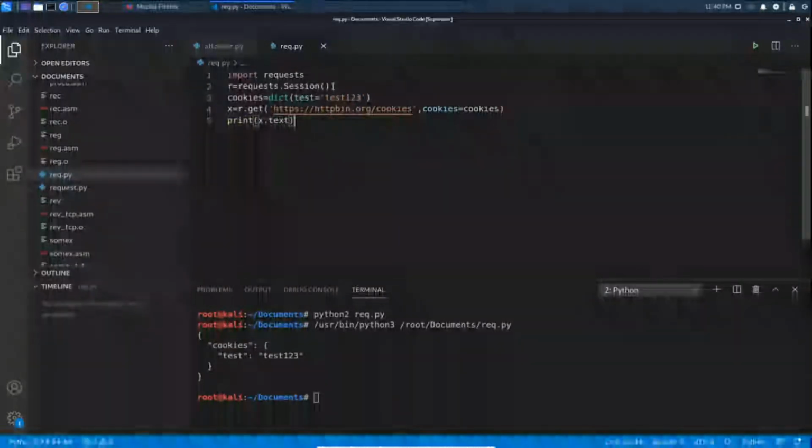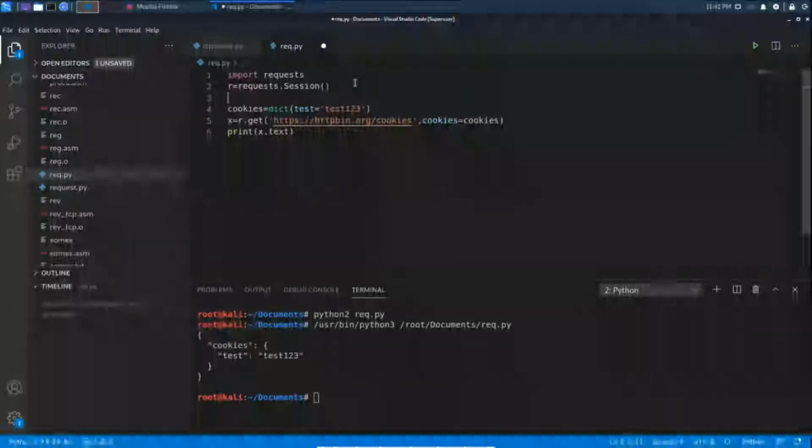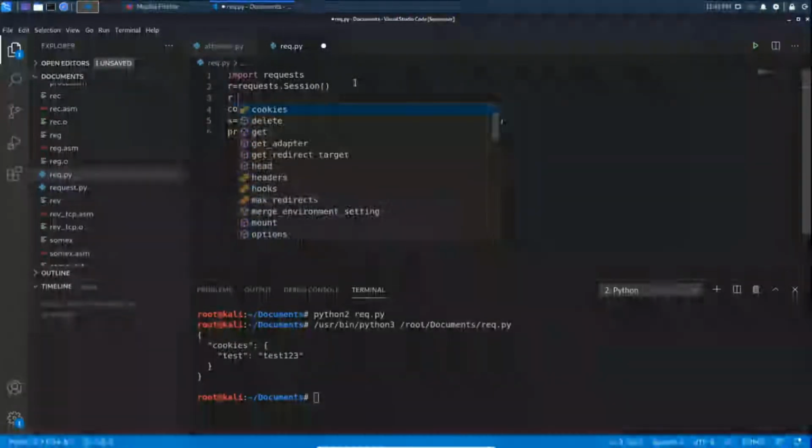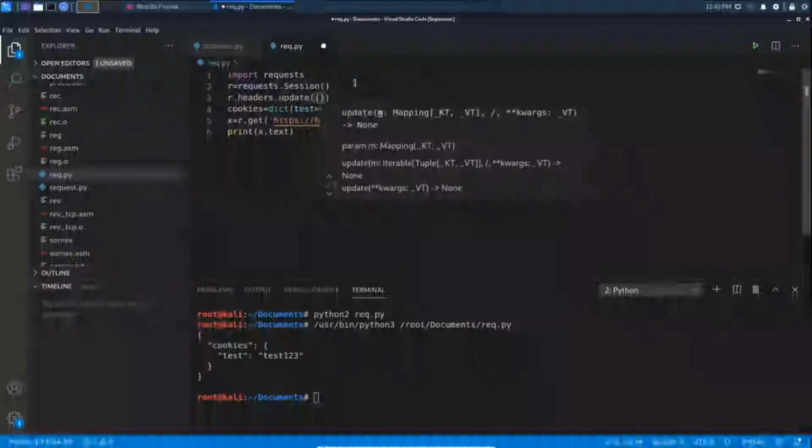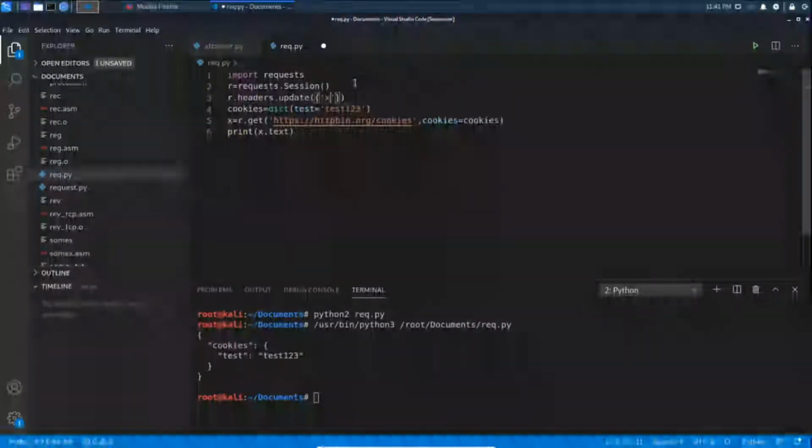Okay, let me see. r.headers.update. You can use this method to update your headers, and here we are going to pass a dictionary value, ABC.